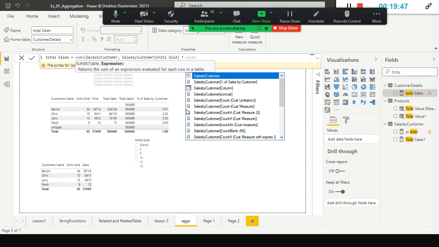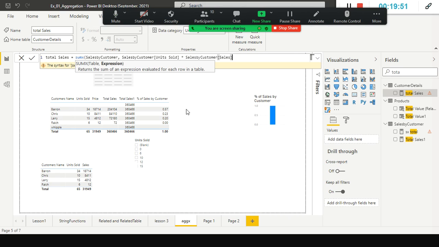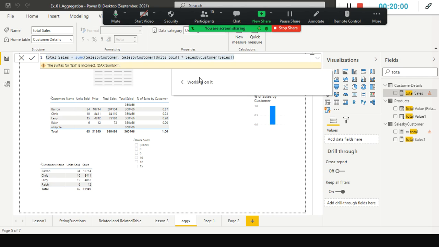In our case, sales is nothing but the price. You just think that way. So this is a measure. Instead of creating a calculated column, I'm going to create a measure.